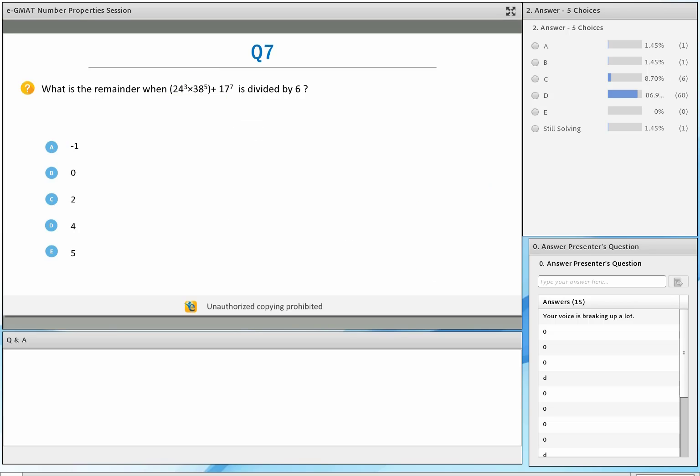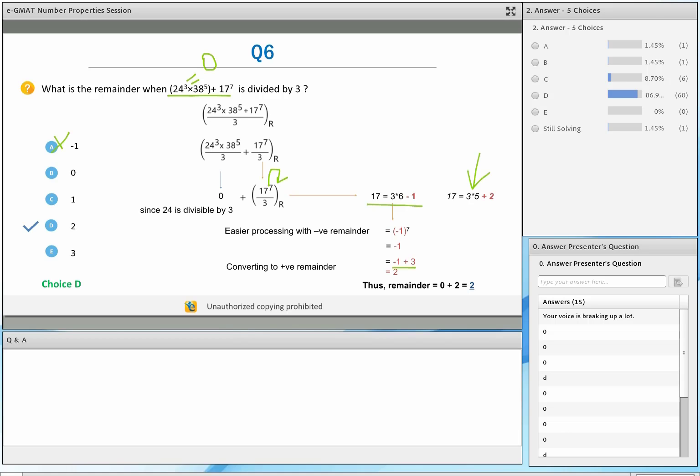Okay, and I want all of you to observe one thing here. Look at the accuracy that you guys are able to arrive at for these difficult questions. These are 700 level questions. If this question appeared on the test, this will be a 700 level question. But how are you able to solve this question accurately as a group? Why are you able to solve this? Because you're learning the concepts and you're learning the process skills in the right manner. That's why you're able to solve these questions correctly. And that's the exact approach that you need to utilize for all of quant. Learn the concepts the right way, learn the approach, learn the process skills the right way.